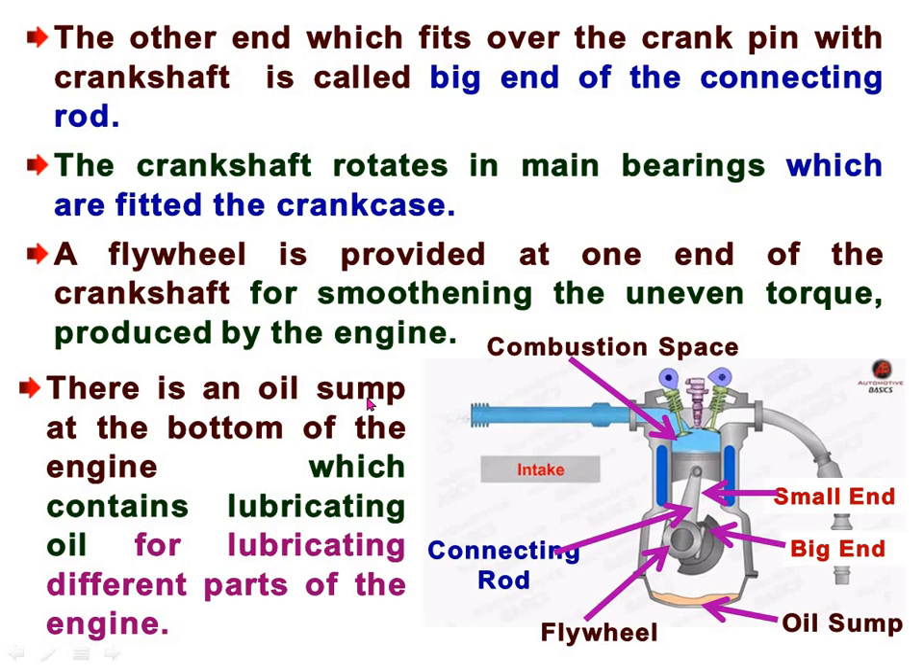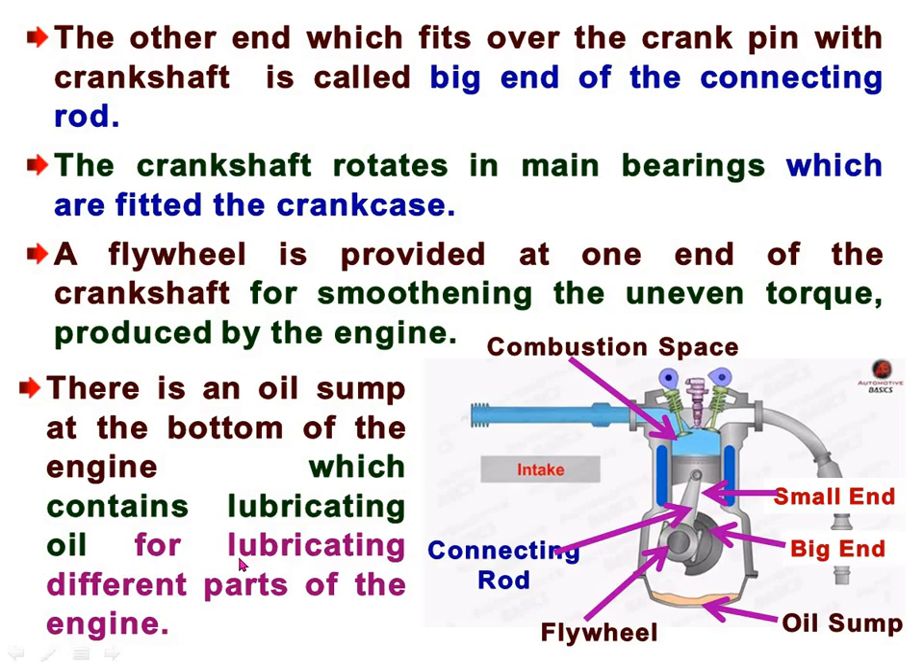There is an oil sump at the bottom of the engine which contains lubricating oil for lubricating different parts of the engine. See here, this is the oil sump in which lubricant oil is there. This lubricant oil is supplied either using a pump, or, if it is a splash system, it may be splashed by certain pointed objects on the crankshaft. So this sump, or we can say the bottom part of the engine,